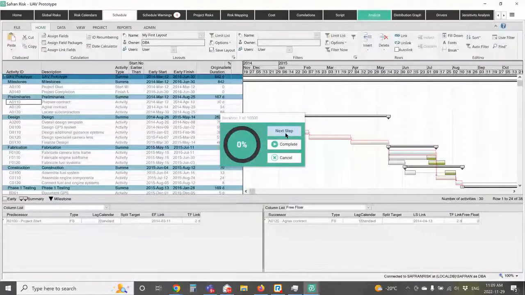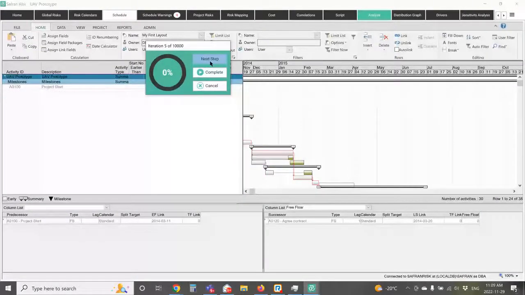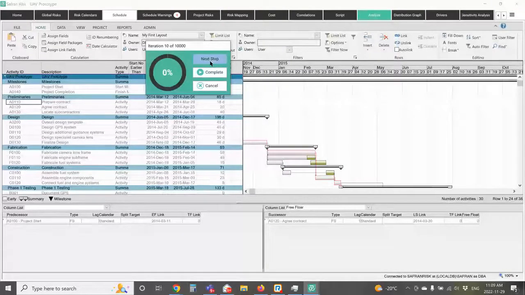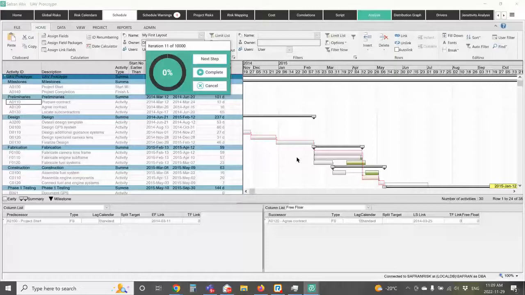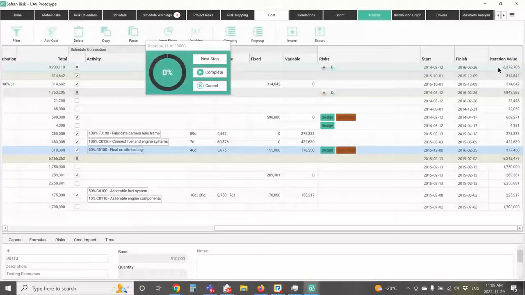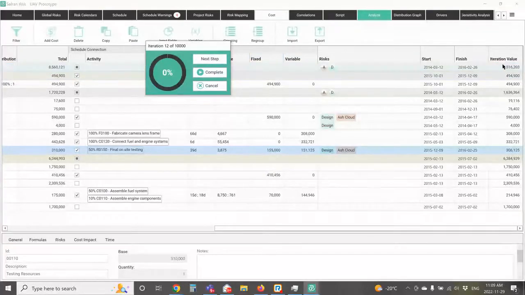Now, as I step through the analysis, it takes me to the Gantt chart, and you can see the changes in the schedule as we run each of these. You can see it's moving around based on the risks that we've defined. Similarly, on the cost side, if I go to the cost tab and scroll over to the right, I see my final iteration value. You can see right now it's 8.3 million in this iteration. Next iteration is 8.5,